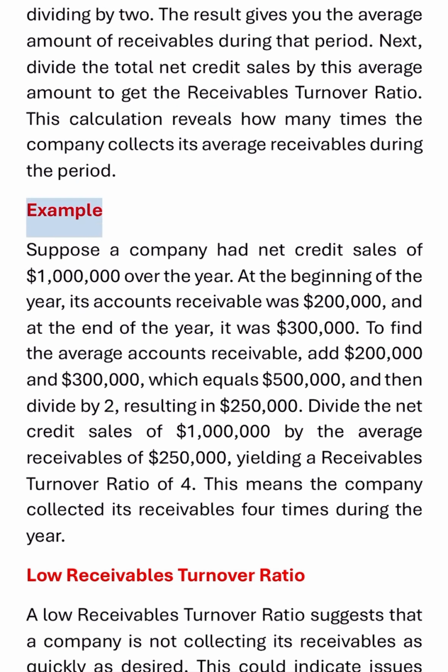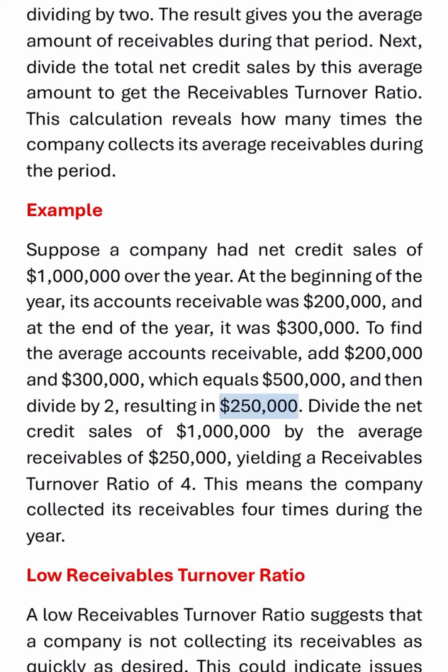Example. Suppose a company had net credit sales of $1 million over the year. At the beginning of the year, its accounts receivable was $200,000, and at the end of the year, it was $300,000. To find the average accounts receivable, add $200,000 and $300,000, which equals $500,000, and then divide by 2, resulting